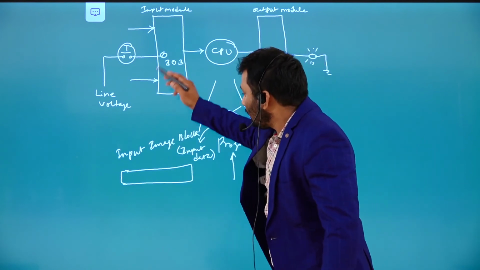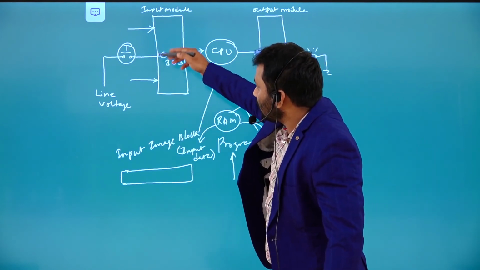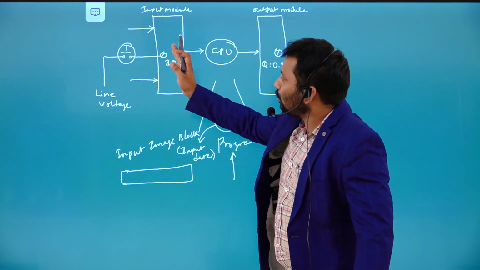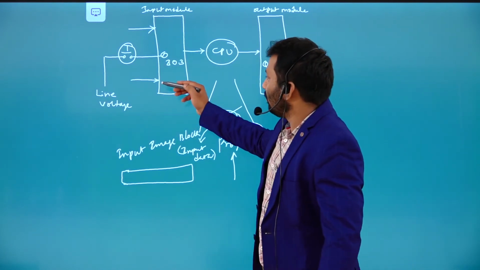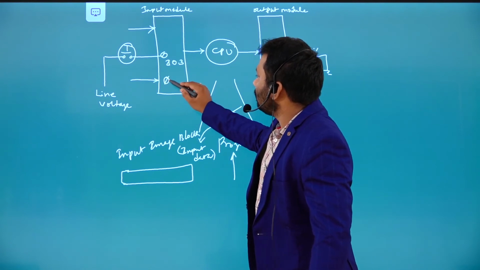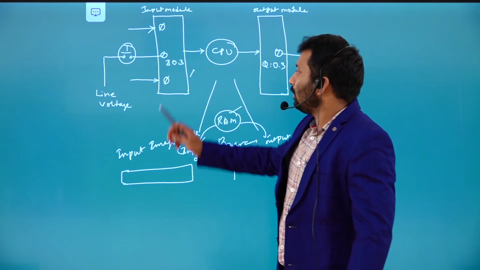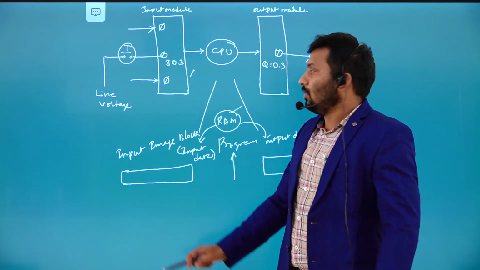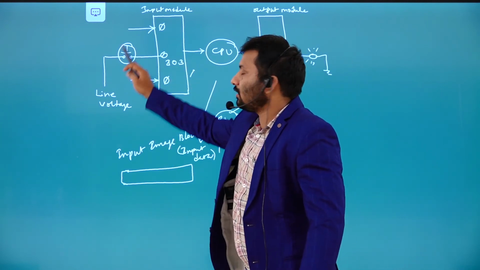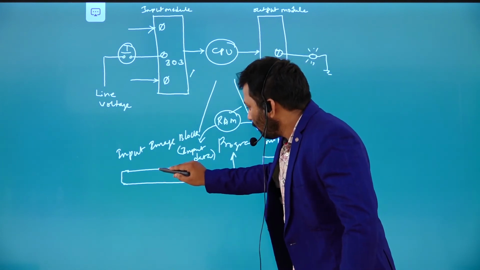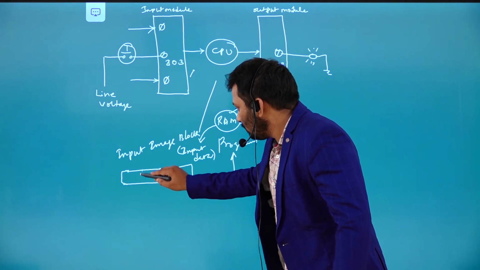So what is the input data you may expect in this condition? All terminals are not connected to any device. All terminals, from the 0th terminal to the 7th terminal, that is 8 terminals, are not going to be connected except the 4th terminal. The 4th terminal is connected with this particular push button. Remaining all are not connected. So that means, for example, in this input image block,